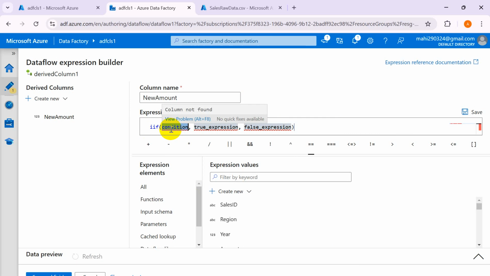Our condition is to check whether it is having a null value or not. And if it is a null value, what action am I going to perform? If it is not null, what action am I going to perform, for the true expression and the false expression, right? So my condition says that,